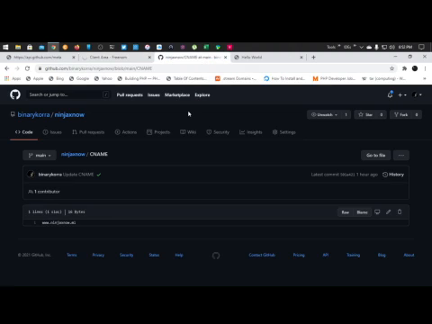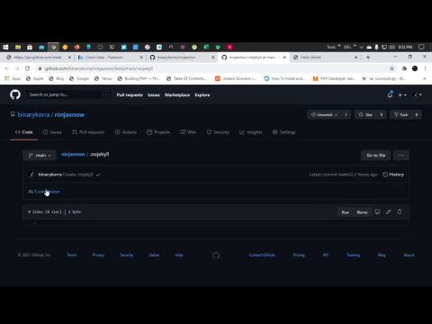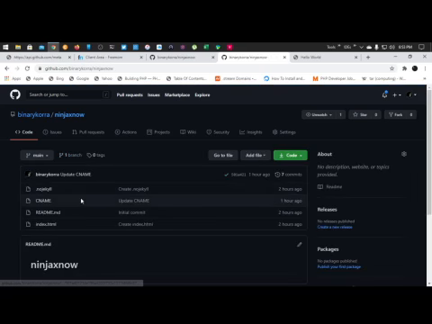Now we're going to create a new repository called ninjasnow, or you can name it whatever you want. I'm going to show you three different files: .nojekyll, CNAME, and index.html. The .nojekyll file, without any data stored in it, is what stops the rendering of the markdown itself, in order to activate the HTML and the rendering from the repository, which is GitHub Pages.